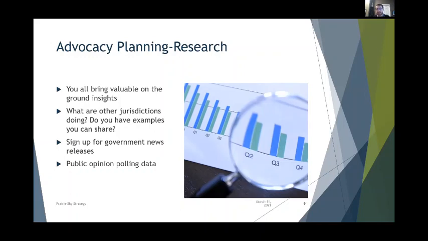So keep in mind what the other side's doing, and the government news release angle. I wouldn't just restrict that to your jurisdiction; it blends to the second bullet. What are other jurisdictions doing? Forums like this, events and conferences are great to bring that joint knowledge sharing across different organizations. But sign up for the Government of Saskatchewan, Government of Alberta, and you'll be fascinated to see what's going on in other jurisdictions. Then bring that to the table when you're talking to government: this is an example, this is another way of doing things.